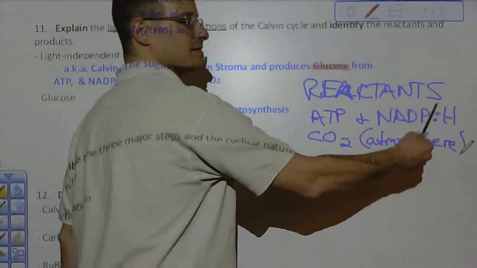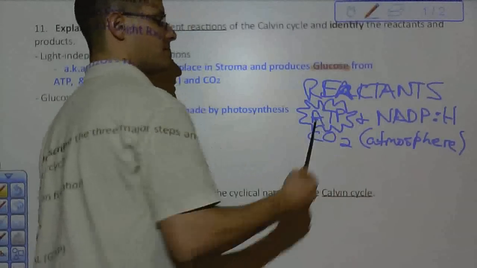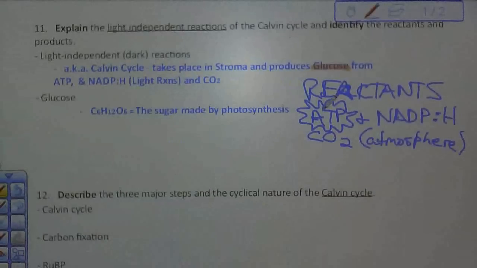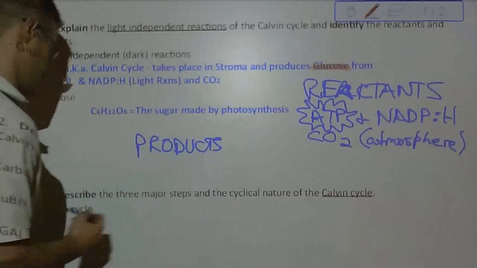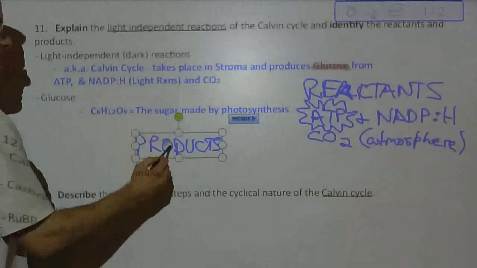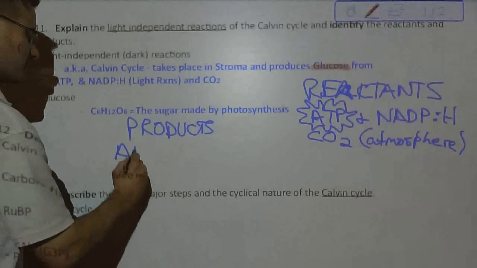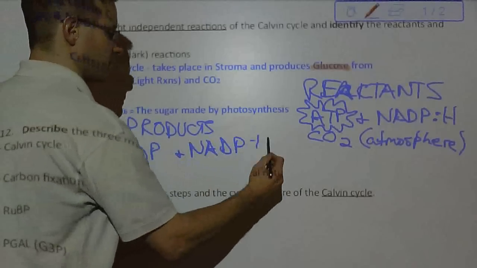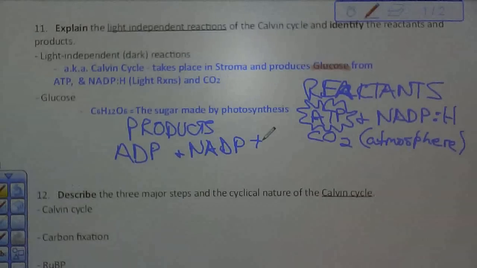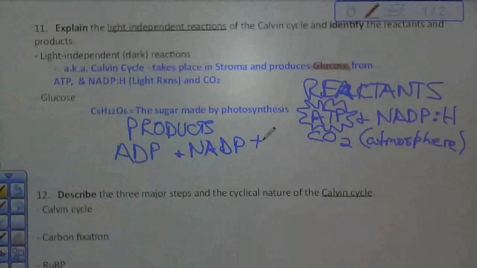That's the important part of this molecule, is the electrons. And here's the energy molecule. Remember, ATP is the energy molecule, so that those chemical reactions can take place. It's going to spit out some products, and really the most important product, like I said, is glucose. However, going back to the light reactions, ADP and NADP+, those are going to go back to the light reactions so that ATP and NADPH can be made again and come back and supply the energy and electrons that